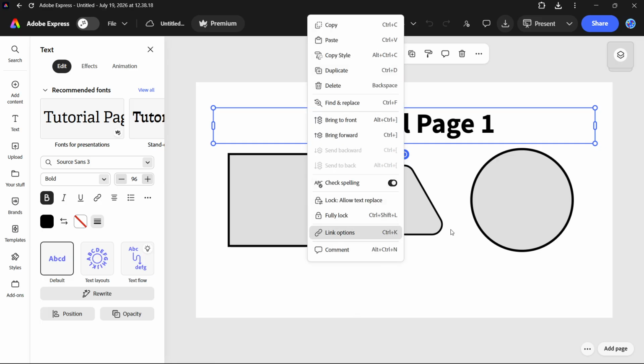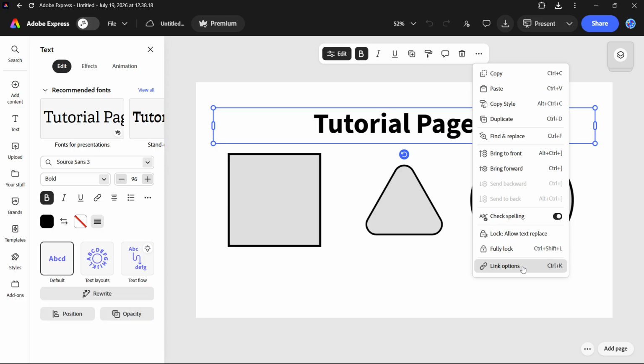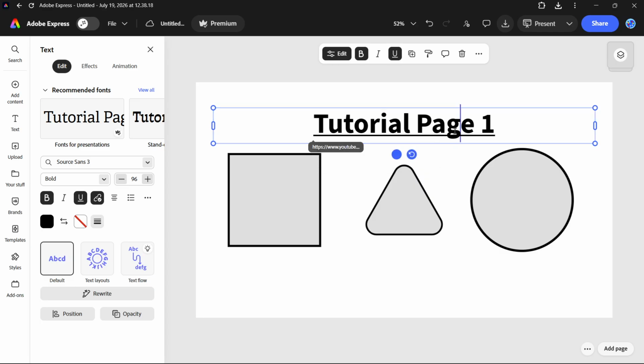You can also press Ctrl and K to be able to open up the link options, or go to the top, click on the three dots and click on link options from over here. Then in here you can just add a link, so just paste in your link and click on the check mark. I'm going to apply the link to my YouTube channel, and as you can see here, it's going to